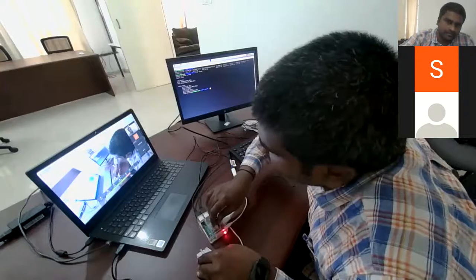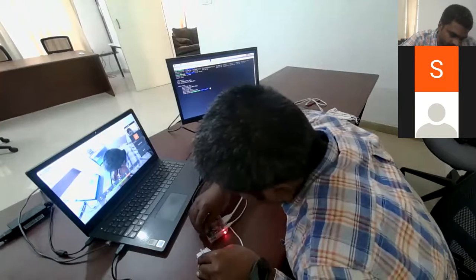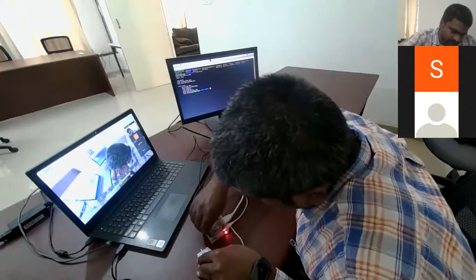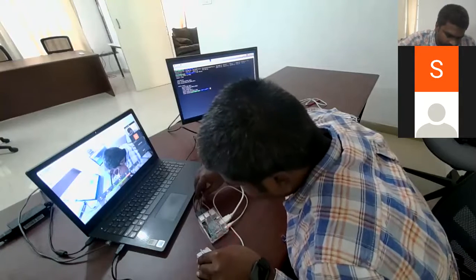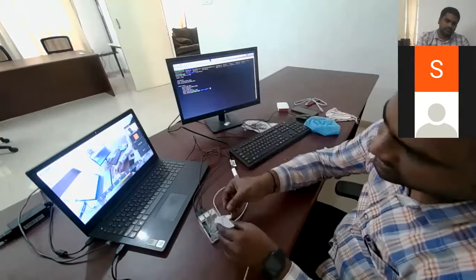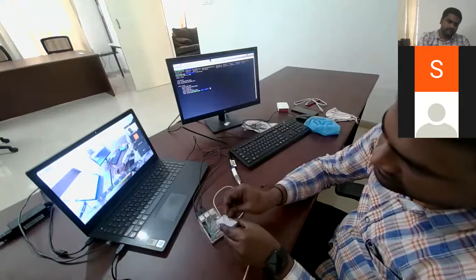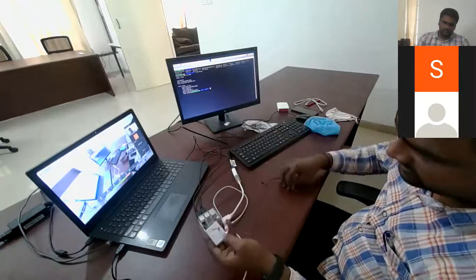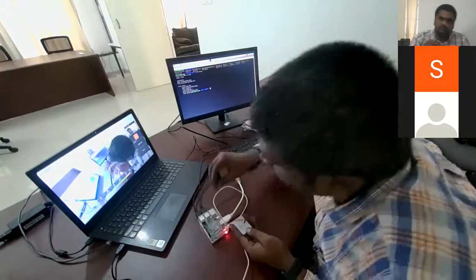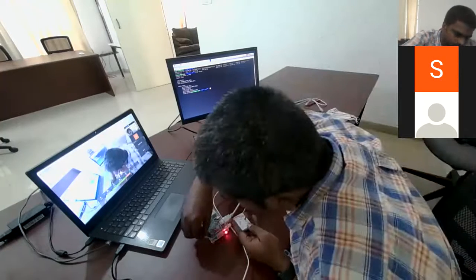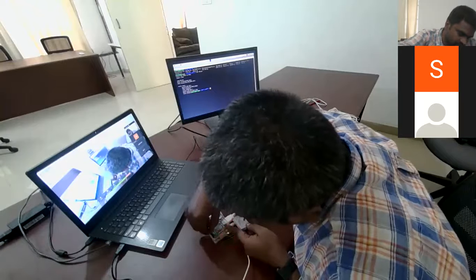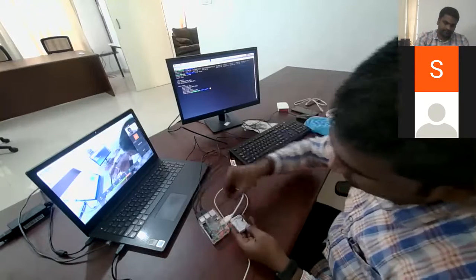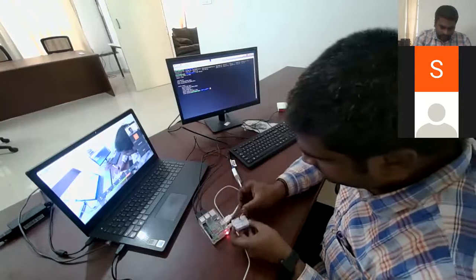Pin 18 is the sixth one. 1, 2, 3, 4, 5, the sixth one. Here is the sixth one. I'm connecting to this. And next, we are connecting the ground. Ground is the third one. Any ground. Okay, we can connect the left side, right side ground, left side ground also, no problem. To this.